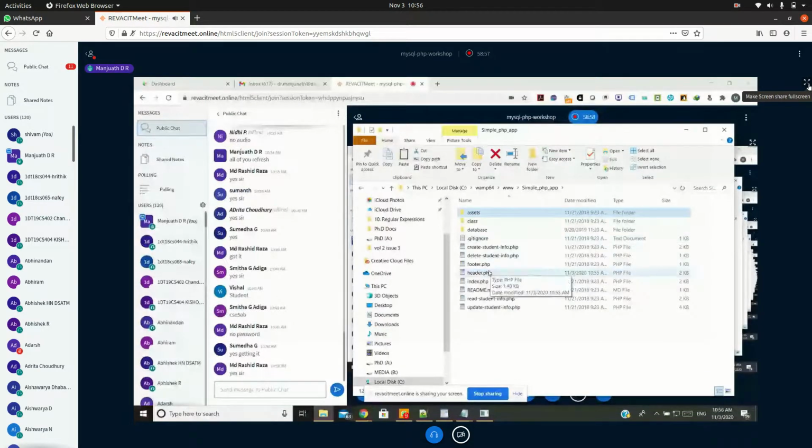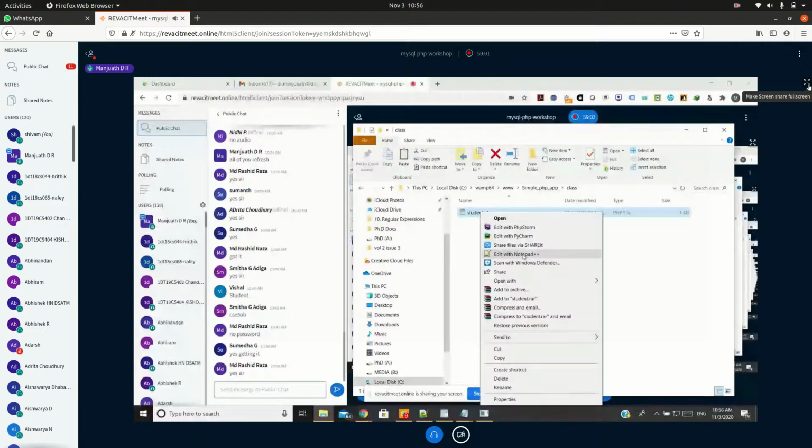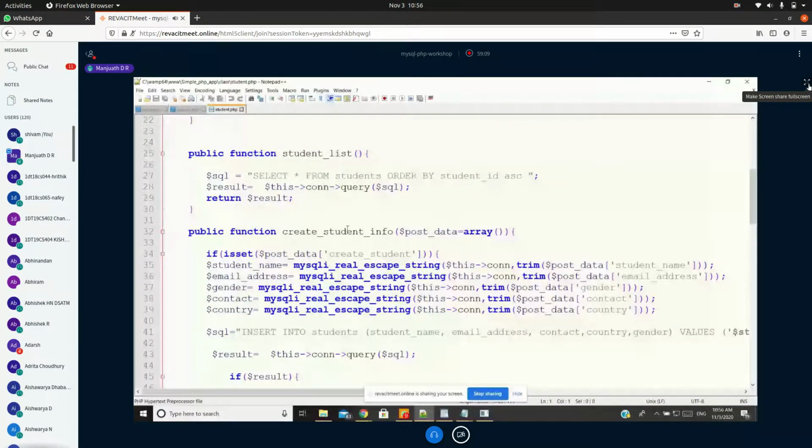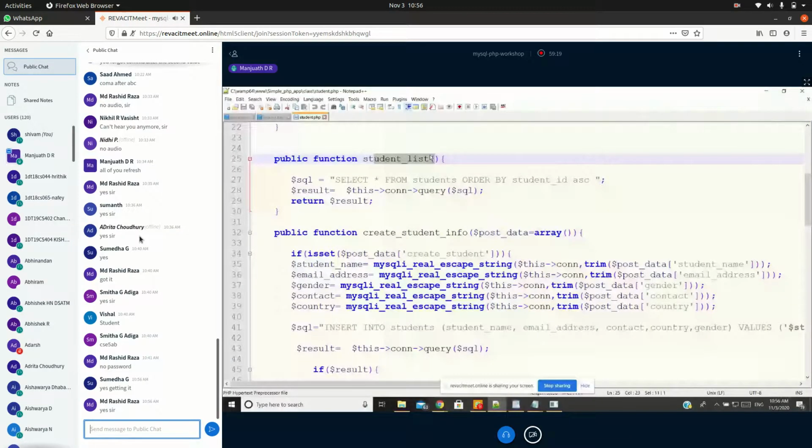I'll just come to here. So now, see here, I told that I have created all my models here only in student. I have created a few models here. One is student list, since I'm going to get all the necessary information from the student table here. And I'm going to assign it into a separate function called student list.